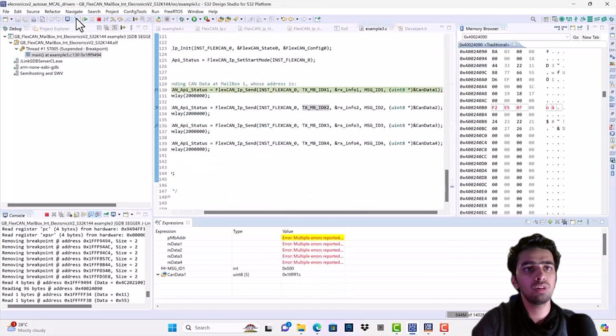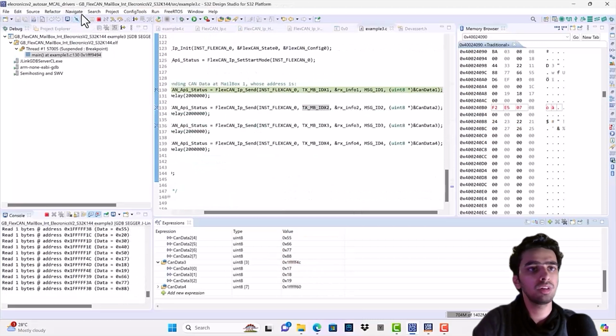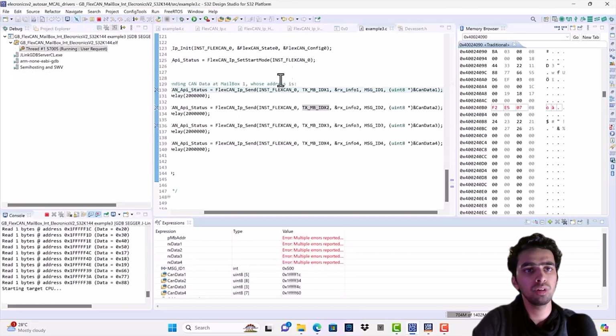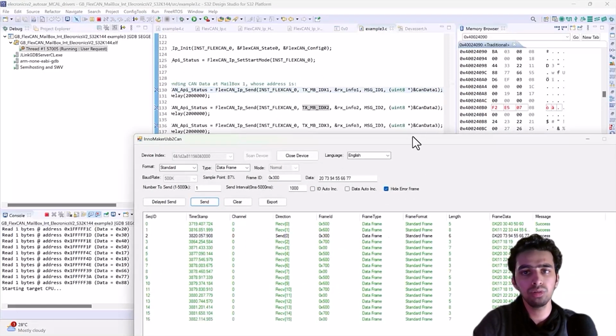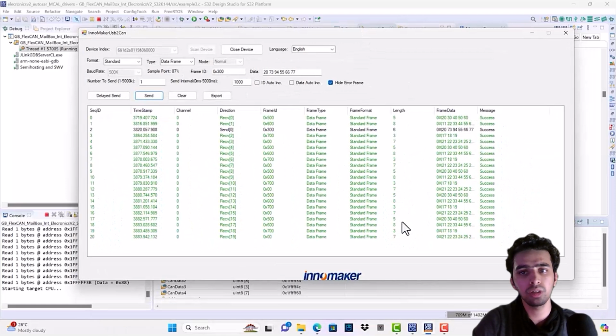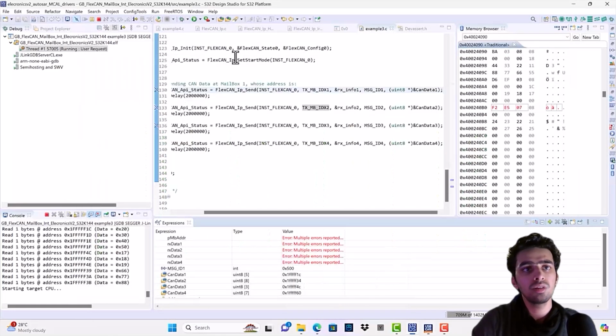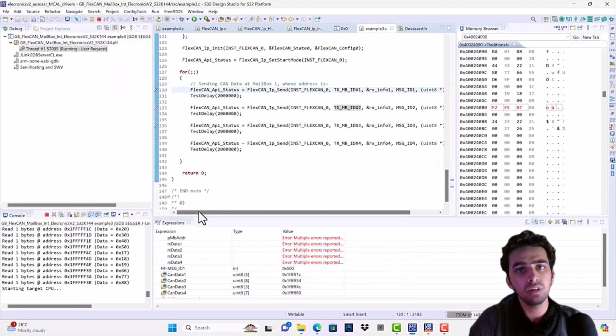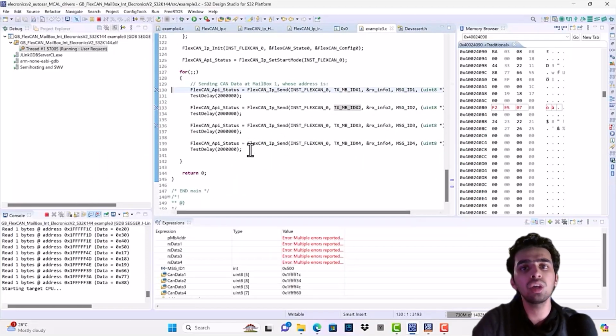Now if we remove all the breakpoints, let me skip all the breakpoints. It is going to run in one continuous flow, and on the CAN analyzer tool you can see the data being continuously transmitted out. So this is the practical working way of the TX mailbox in the FlexCAN module of the NXP S32K1 and K3